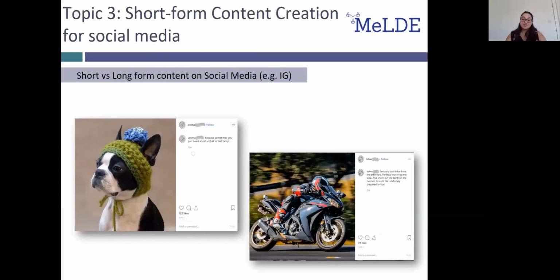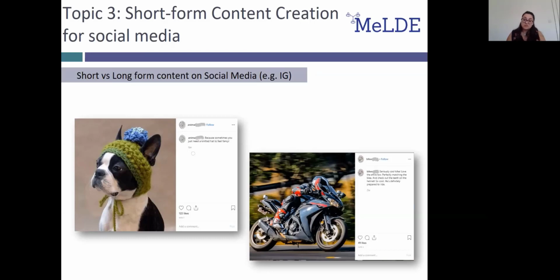Let's take a look at these two photos that show two different posts with different content. These were the case study of the experiment of Social Media Lab by Agorapulse. On the left-hand side, there's a photo of a dog accompanied by a short description, while on the right-hand side, we can see the photo of a motorcycle accompanied by a longer caption. We can say that each photo is appealing for its audience, that is, the people who actively chose to follow these two pages, respectively. As you can see, there are no hashtags used.